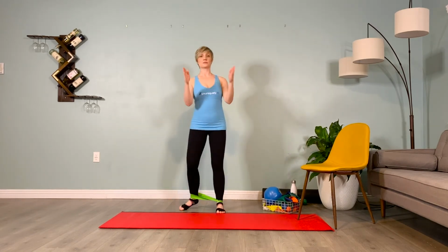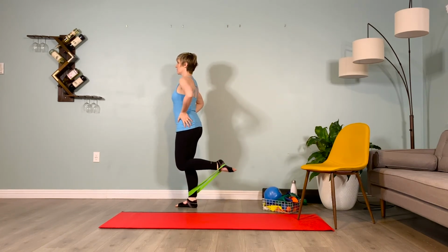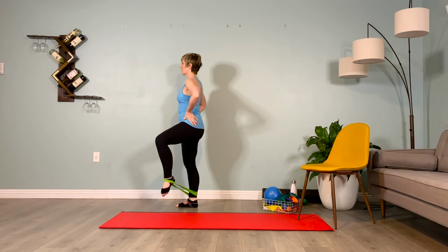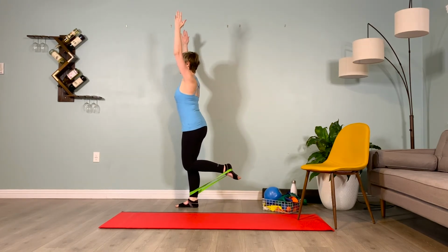So we're facing 12 o'clock with our body. We're going to take a quarter turn and lift the leg to side knee flexion, or a quarter turn and lift the leg to a hamstring curl if we're lordotic or kyphotic lordotic. So we have our side knee flexion for flat back and sway back, and we have our hamstring curl for KLP and LP. Make sure your band is around your ankles,